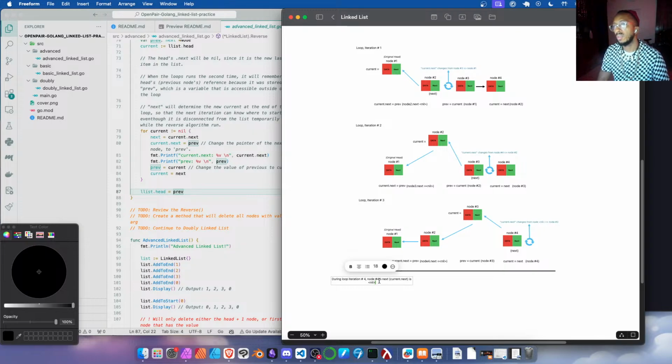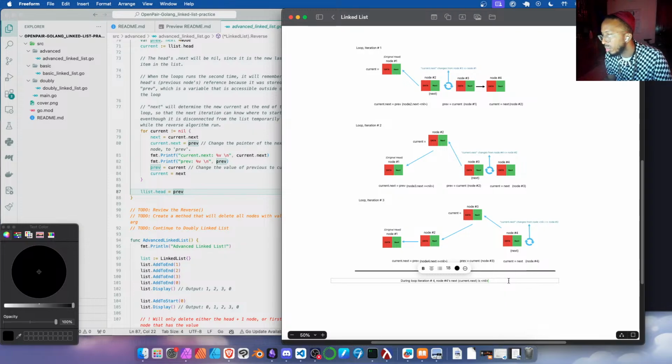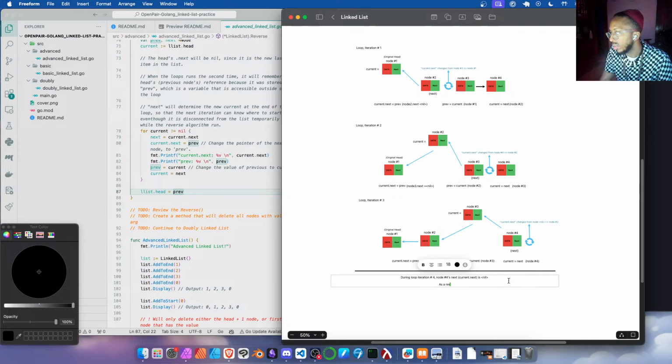No, no, no. This happens in the fourth loop. It's just that the fourth loop doesn't do anything. All these values are going to be nil. And in the fourth iteration of this loop, current.next, which is four's next, will be nil. And so as a result,